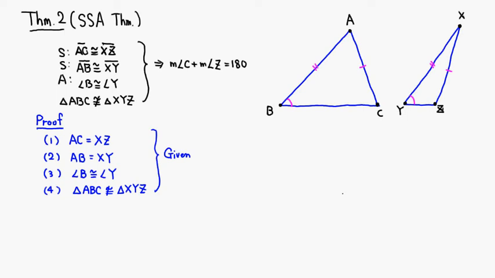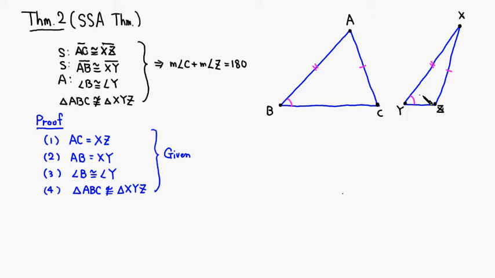All right, let's look at theorem 2, the SSA theorem. Notice that this is not a congruence criterion. It says that we have SSA, so you have two sides and a non-included angle. This is not quite enough to establish the congruence, but if the triangles are not congruent, the third angle here, so it's not the angle between those two sides or the angles that are congruent,